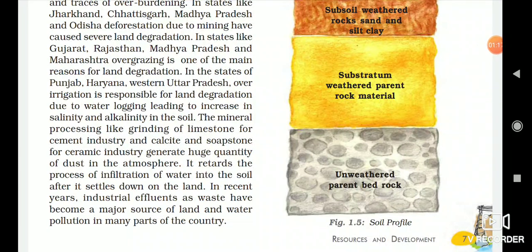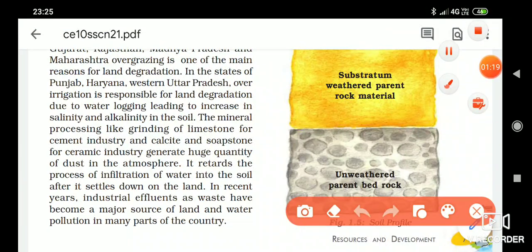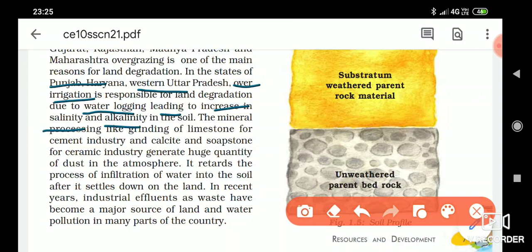When we go to Punjab, Haryana, Western Uttar Pradesh, here over-irrigation is the main problem for land degradation. Okay, and in some parts water logging leads to an increase of salinity and alkalinity in the soil, which causes land degradation later. Okay, and there are some mineral and cement industries that also cause land degradation,